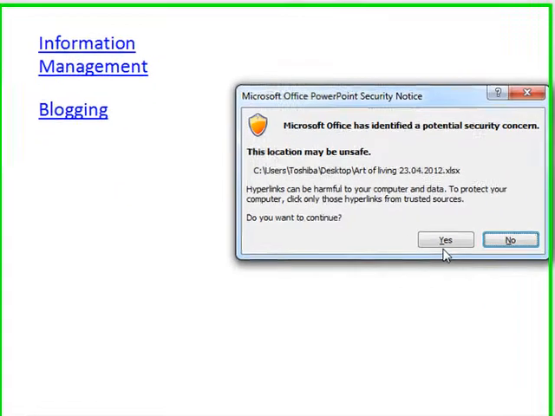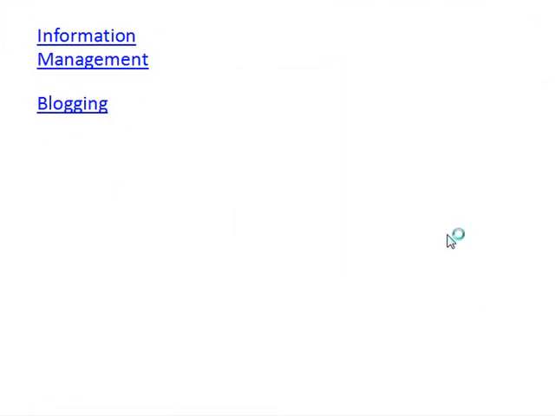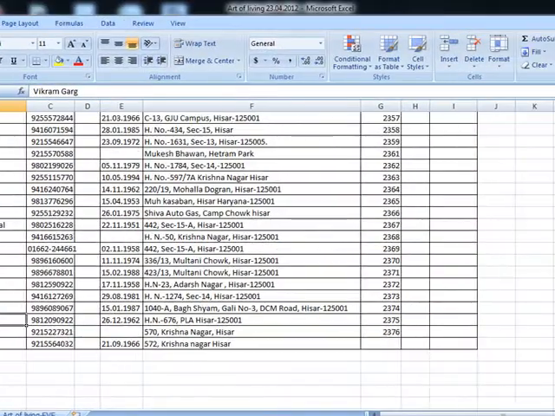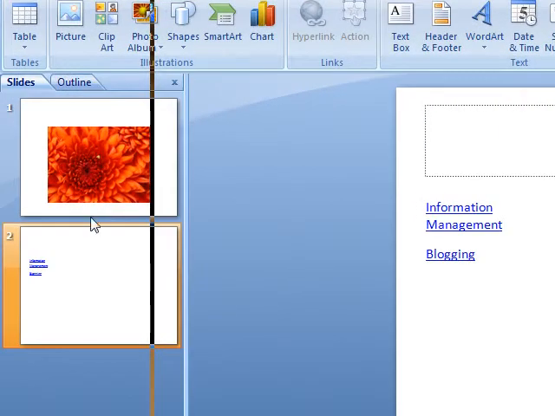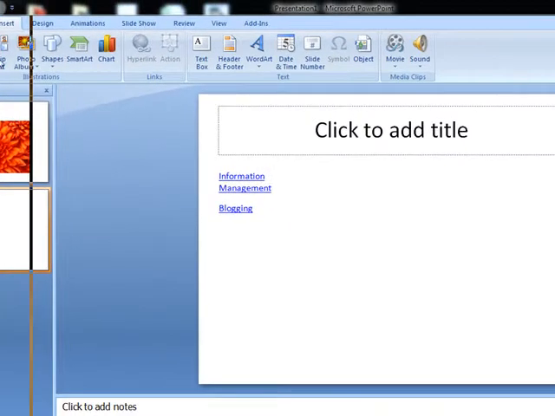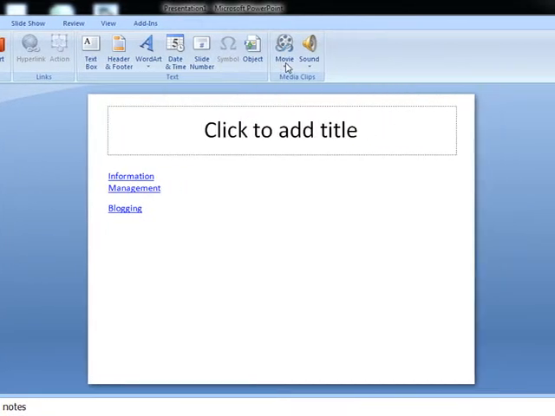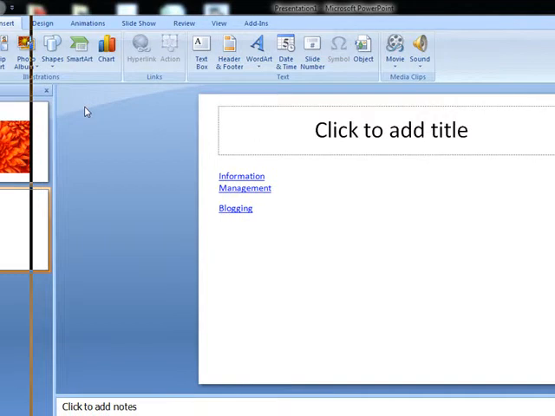See, if I click blogging, then it will open that Excel file. Like it has opened that Excel file. So the whole of the electronic manual can be developed from these two simple methods, that is hyperlink and how to insert the different multimedia elements. This insert menu is very important as far as e-manuals are concerned.